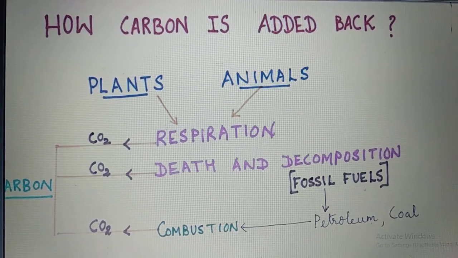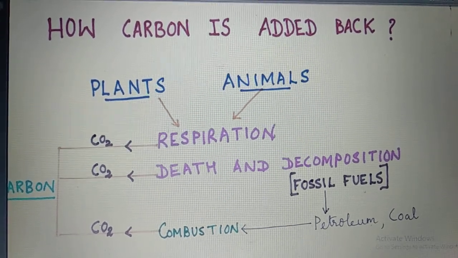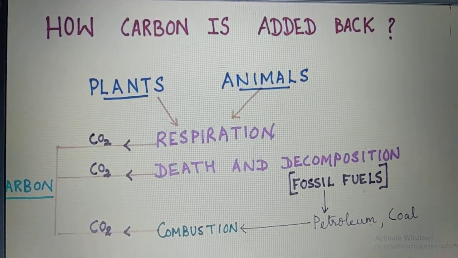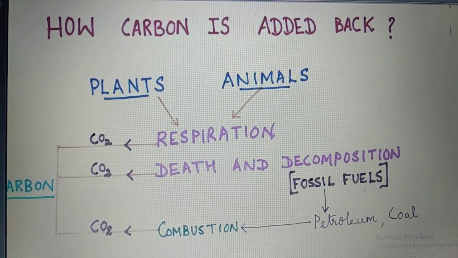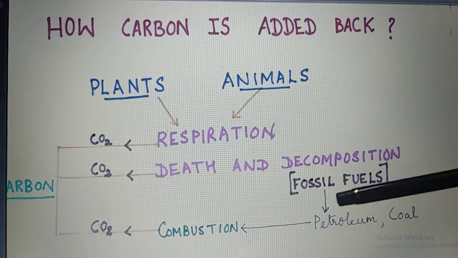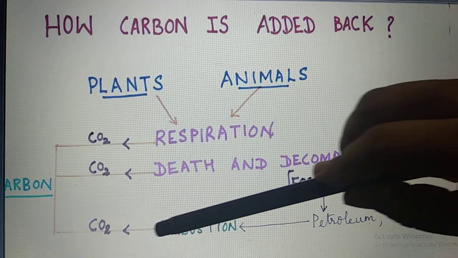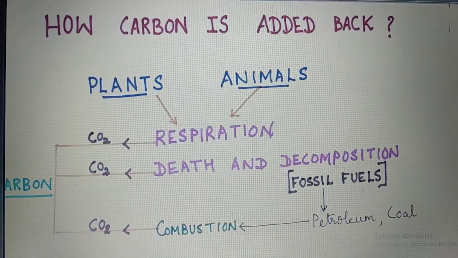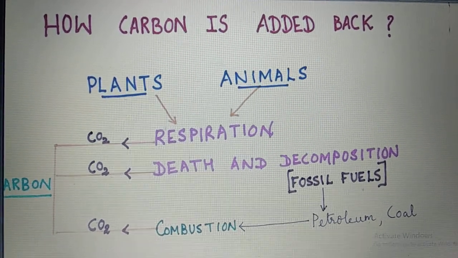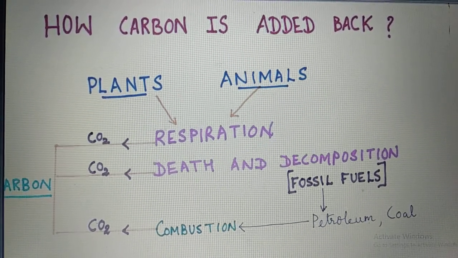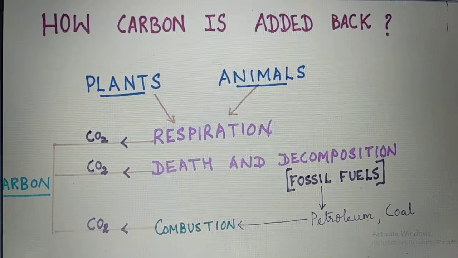These fossil fuels like petroleum, diesel, coal, etc., we extract from the surface of the earth and we use them for driving vehicles. Many factories utilize them, and when you are using them, what you are actually doing is burning these fossil fuels. Burning of fossil fuels is called combustion. So this combustion is also going to give out carbon dioxide gas. All this together will maintain the level of carbon in the atmosphere. So I think now it is clear how the carbon is getting removed as well as how the carbon is getting added back.